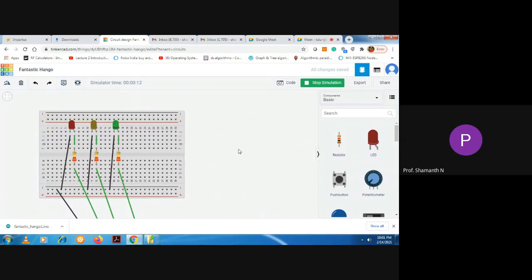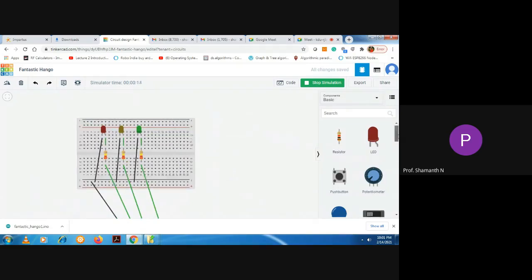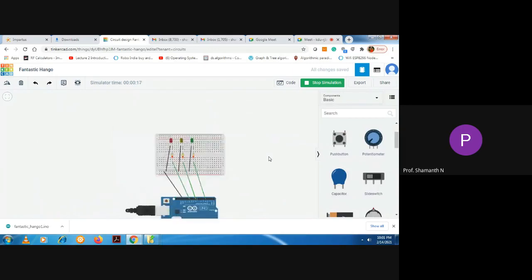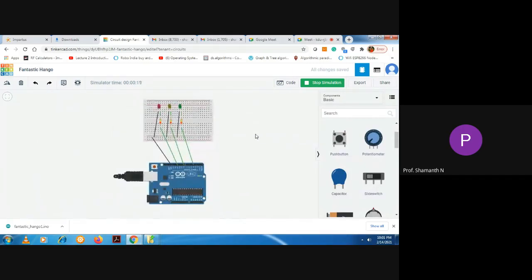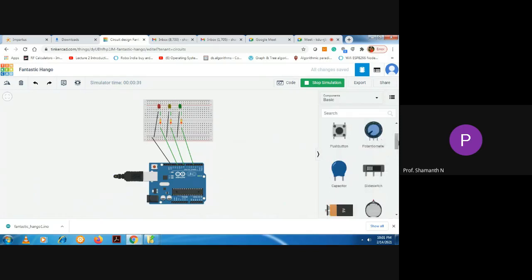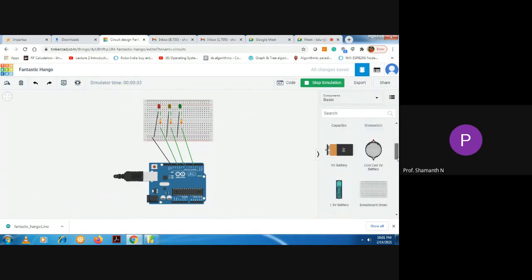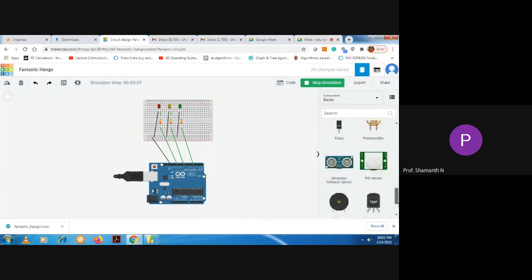So this is how you'll be implementing a traffic light controller project using the Tinkercad application. That is one application I have shown. There are many IoT projects you can implement. There are many components you can see here, many sensors, like the temperature sensor and the ultrasonic sensor.